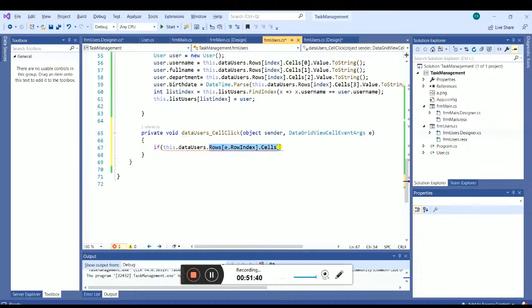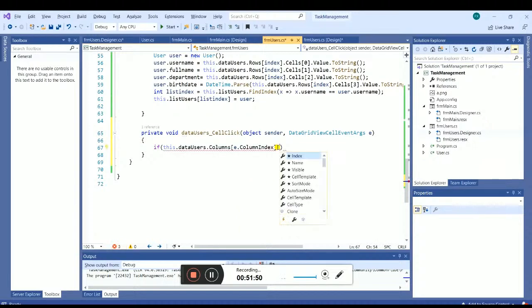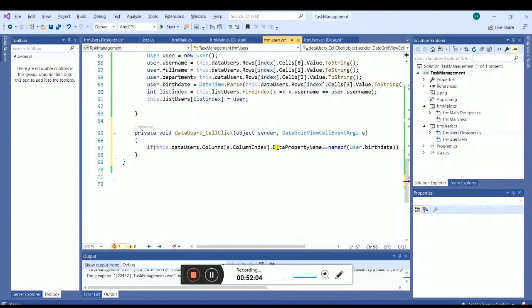Sorry, what we must consider is the column: is the column index's data property name equal to the name of user and birthday? If this happens,